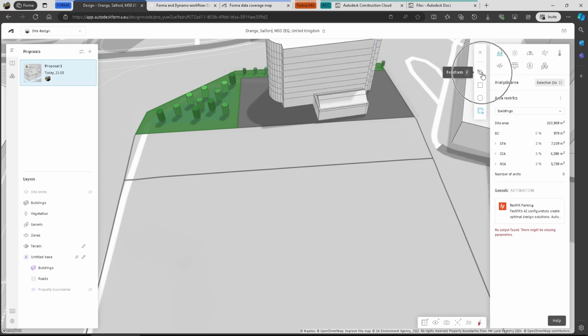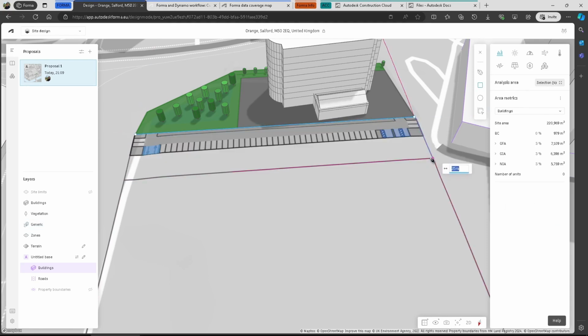So we can either just sketch it out, just literally sketch it where you want, draw a rectangle, draw a circle, or trace an existing shape. There's a few options. I could just put it in there and see how many fit, but I actually think the rectangle one's quite good. So I can select in here, and now you can see I can pull it out. So if I go to here, don't get many in, but if I start pulling it out,